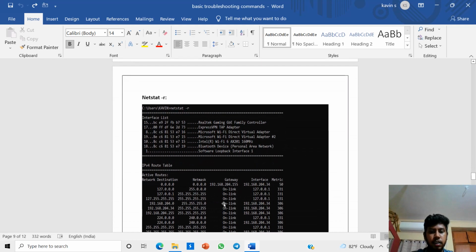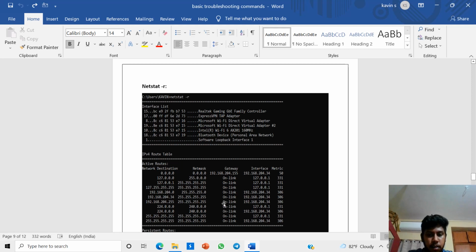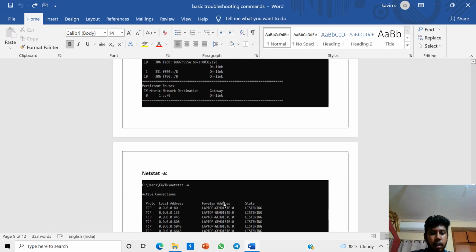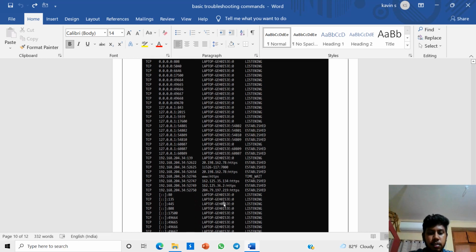After that, we will see netstat, which works with TCP and network status. The netstat command is used to get information about the status of the TCP/IP network routes, interfaces, TCP connections, and UDP ports on your local system.